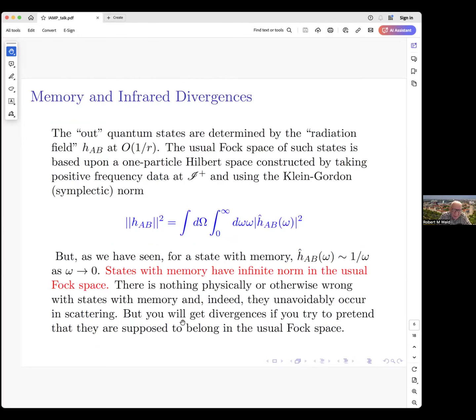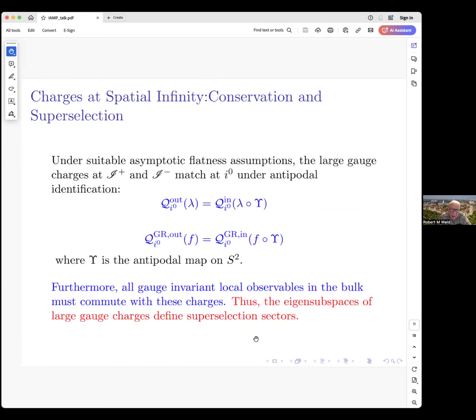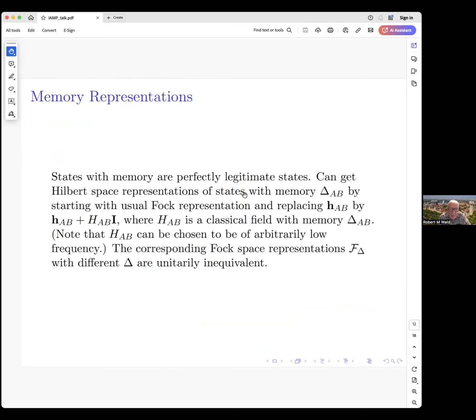They just don't belong to the usual Fock space representation. Well, it's not particularly difficult to construct Hilbert space representations of states with memory. So in fact, you can construct such Hilbert space representations of the quantum field algebra by just taking some classical